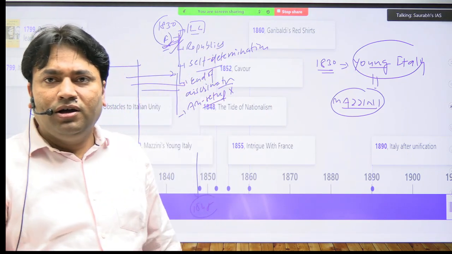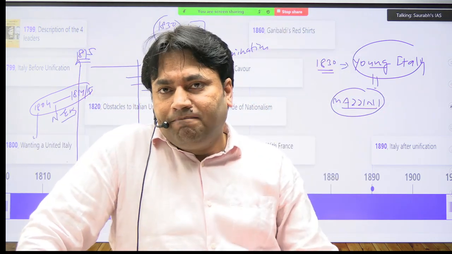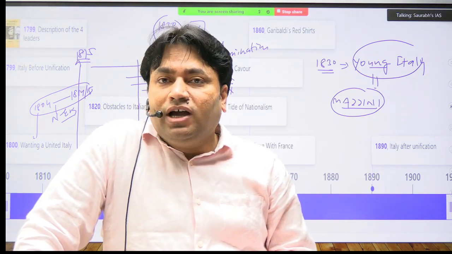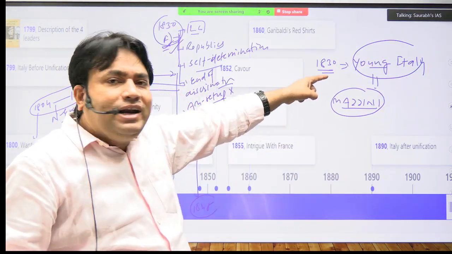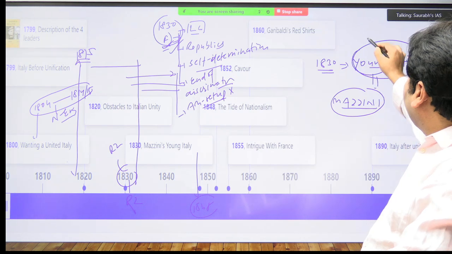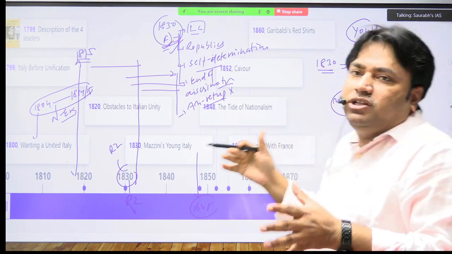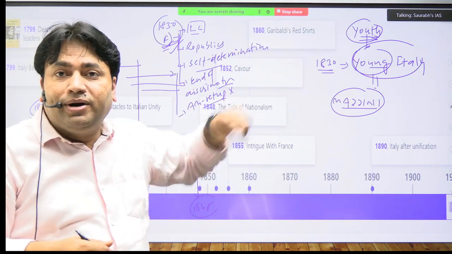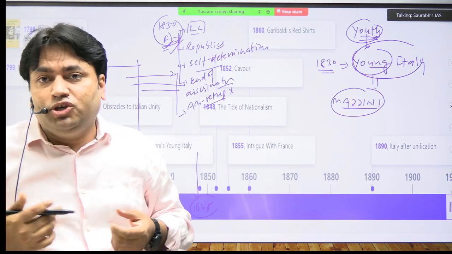And Mazzini does what? The same thing that was done by revolutionary activities in India. India में जो revolutionary activities थी, उनका objective क्या था? To uproot British rule from India. And here, this is a kind of secret revolutionary organization in Italy, Young Italy. Why is it named Young? Because here the focus was to ensure the association of youth in this organization. इस organization में किसको लाना था? Youth को लाना था. जैसे भगत सिंह किसको अट्रैक्ट कर रहे थे? Youth को. मैज़नी किसको अट्रैक्ट कर रहा था? Youth को.